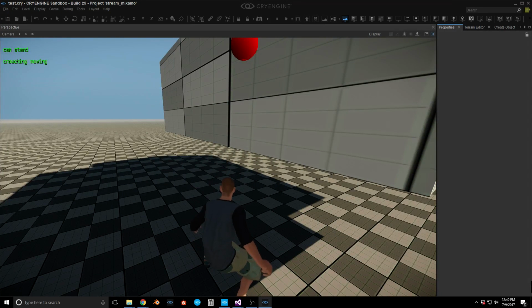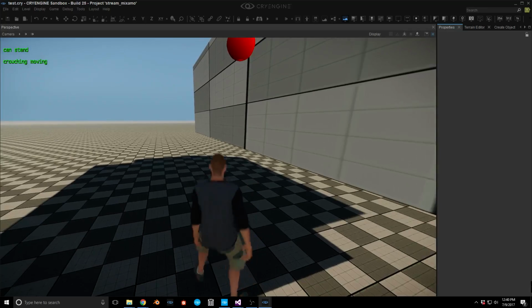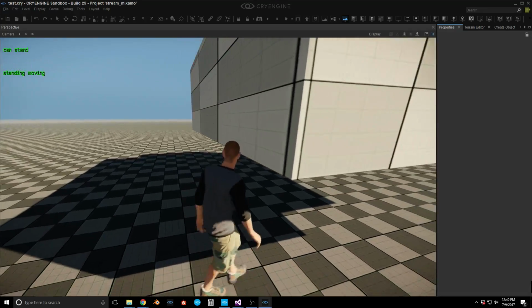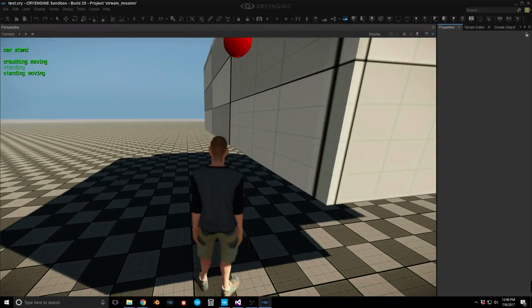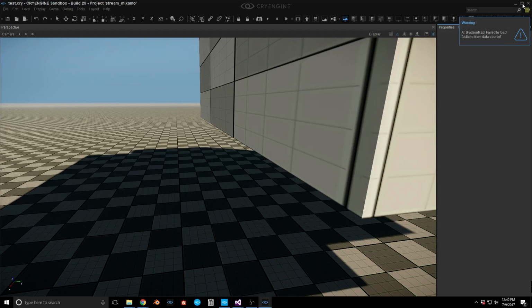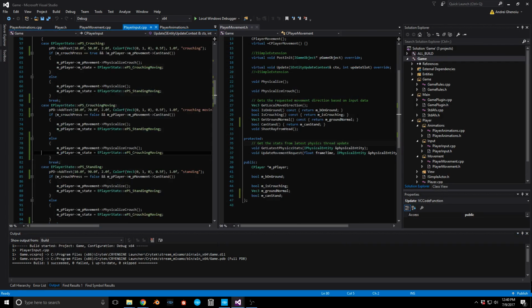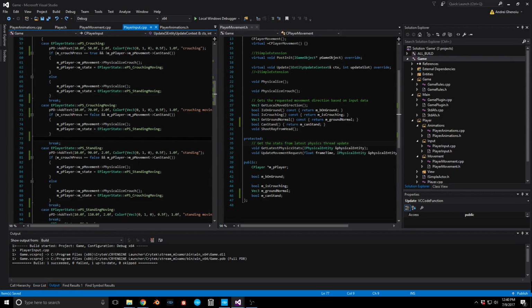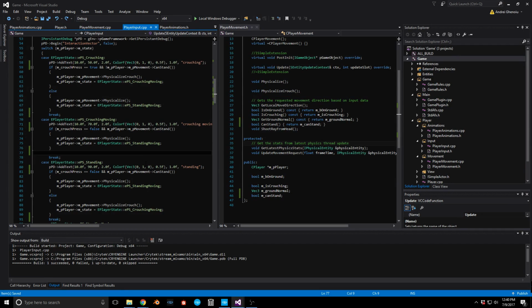As you can see, I'm holding down C for crouching, and it's not behaving properly this time. So if I remove these,